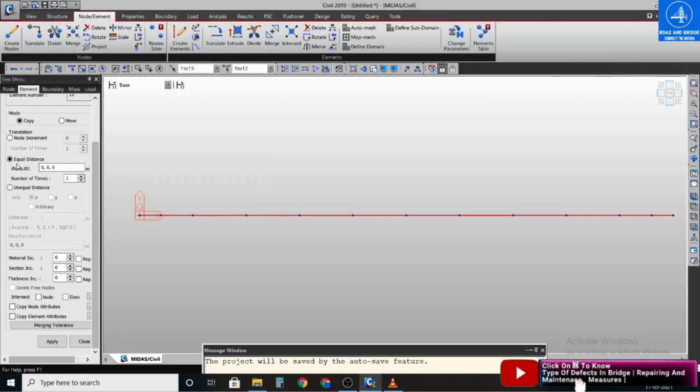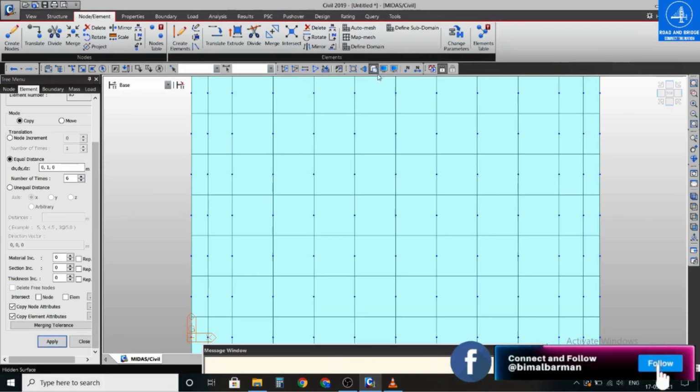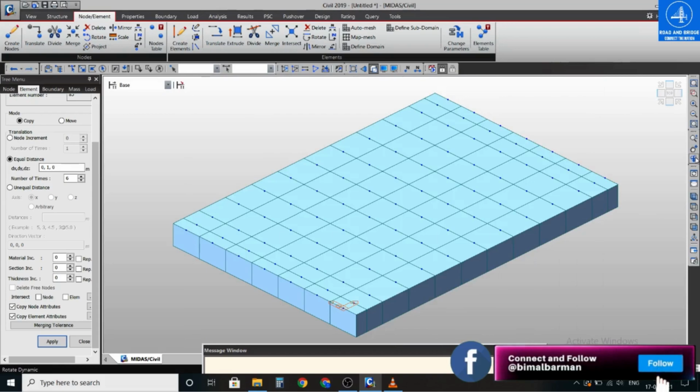So in equal distance, I am taking along the y-axis 1 meter, 6 times. In 6 times it will be, and also click here and apply the 3D view. This is the 3D view.